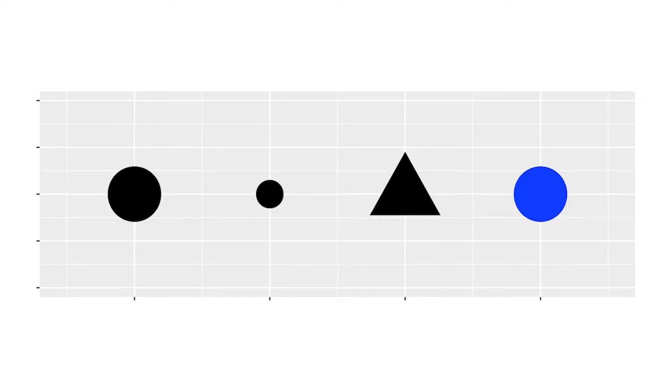You can display a point in different ways by changing its aesthetics, or the way it looks. You can make a point small, triangular, or blue, or a combination of these. Let's go back to our penguins dataset and review the code for our plot that shows the relationship between body